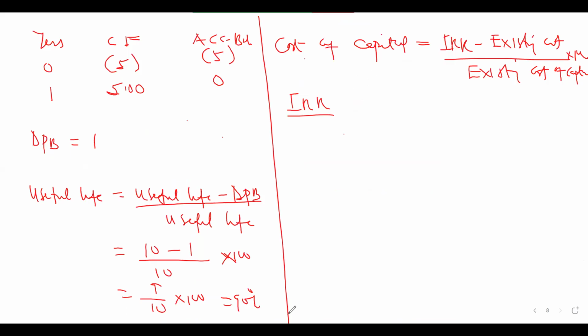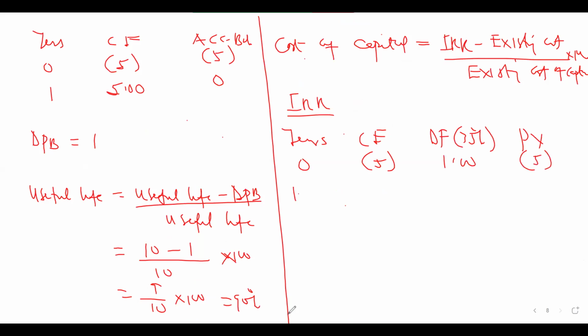So for 35, we have the years here, we have the cash flow, and we have the discount factor of 35%. Then we have the present value. In year 0, that is 5 million, with a factor of 1.00. Then we have 1 to 10, that will give us 6.09. What will be the annuity factor for 35% for 10 years? 2.715. So if you multiply, what are we getting?